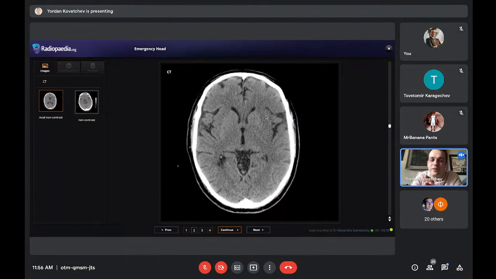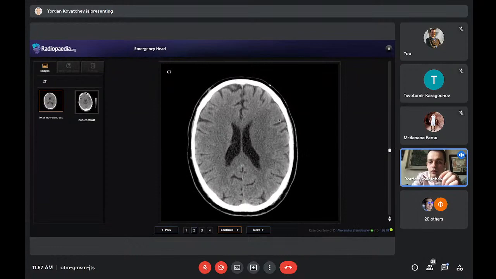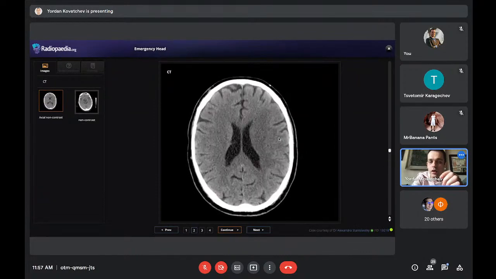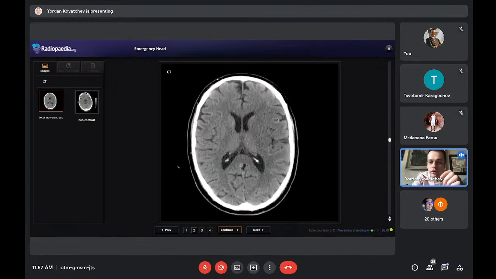So basically this is cytotoxic edema, right? There is loss of differentiation between gray and white matter. This is cytotoxic edema. There are no collaterals. The brain is starting to die. There is swelling, cellular swelling, but the cortex here on the frontal parietal lobe region looks normal. This is still MCA territory, but the cortex looks normal.